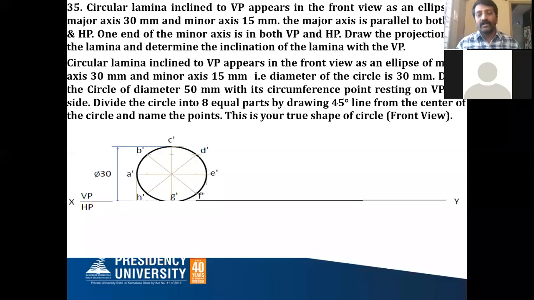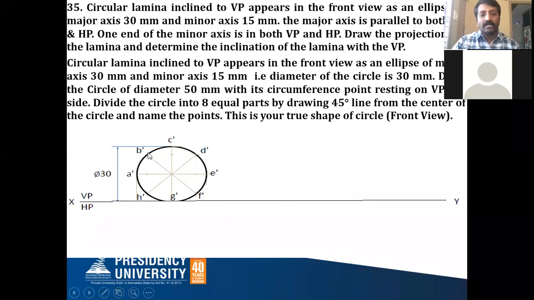If in the front view it looks like an ellipse, it means the true shape should also be drawn in the front view only. Correct? That's why he has not given where exactly it is resting. So you can take your compass and draw the circle in the front view, that is on VP. The circle you can draw with radius 15 millimeter or diameter 30 millimeter, like this, and divide the circle